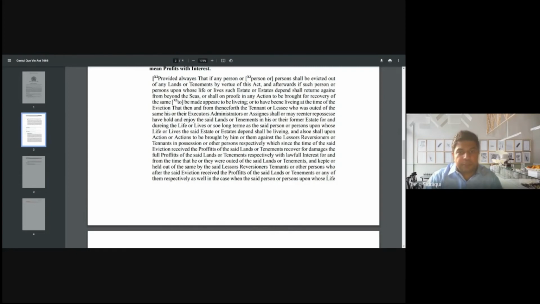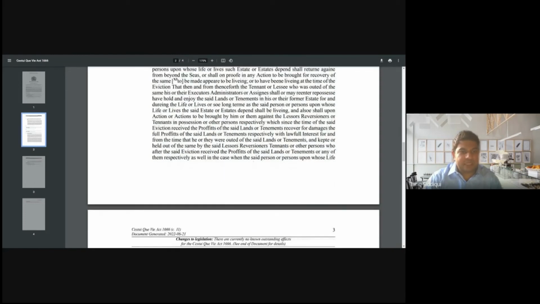That if any person or persons shall be evicted out of any lands or tenements by virtue of this act, and afterwards, if such person or persons upon whose life or lives such estate or estates depend shall return again from beyond the seas, or shall on proof in any action to be brought for recovery of the same be made to appear to be living or to have been living at the time of the eviction, that then and from thenceforth a tenant or lessee who was outed of the same, his or her executors, administrators, or assigns shall or may re-enter, repossess, have, hold, and enjoy the said lands or tenements in his or their former estate for and during the life or lives or so long term as the said person or persons upon whose life or lives the said estate or estates depend shall be living,